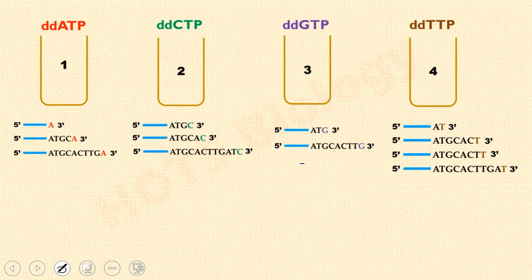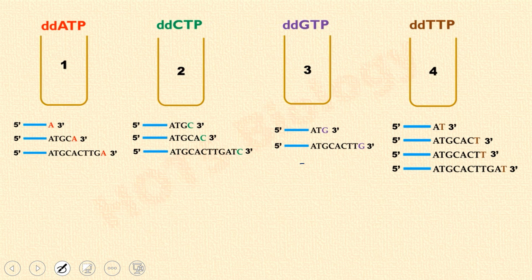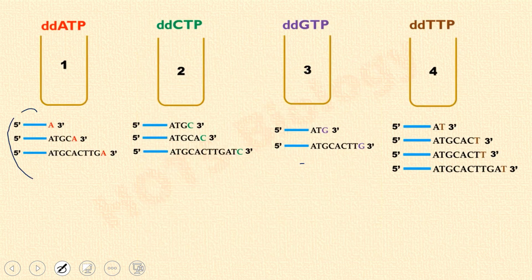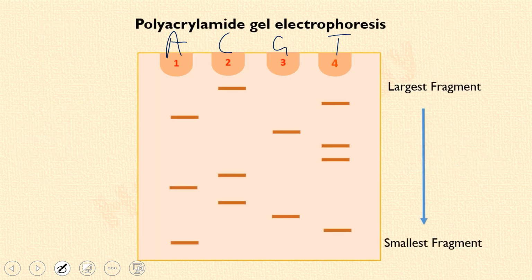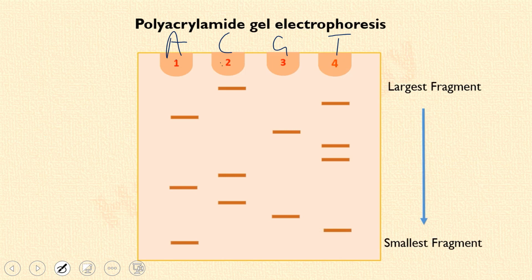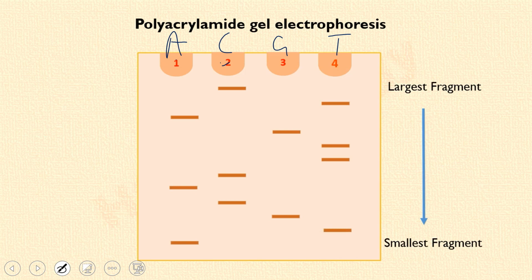All these DNA fragments are going to be denatured, meaning separated by heating, and then they will be separated by gel electrophoresis. So this is the first tube adenine, then cytosine, then guanine, and then thymine. All these DNA samples have been poured into this first channel. All these three DNA fragments have been poured into the second channel. All these two and all these four will be poured into the third and fourth channel, and they will be separated out.